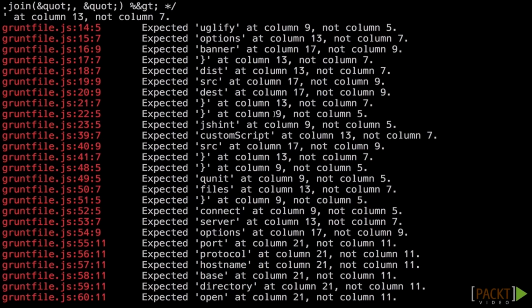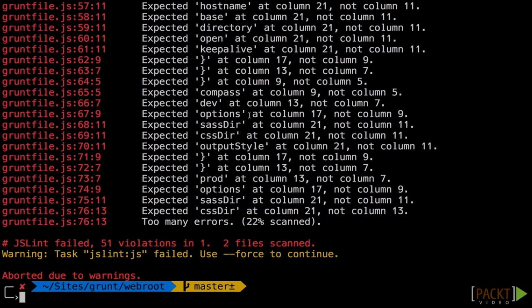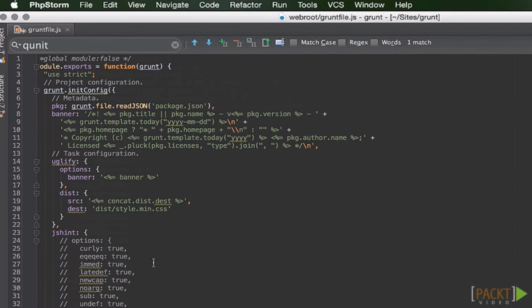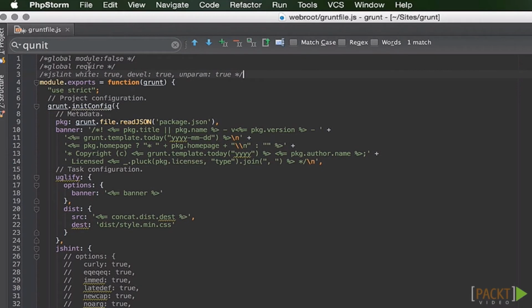Notice all these at columns? That simply means that my formatting is different than what JSLint is asking for. We'll make a quick change here to fix that. Up here at the top, I'll add a couple comments here. Global require, this makes require already available. White space, this just makes it so it ignores my white space differences because I happen to like 2 spaces,